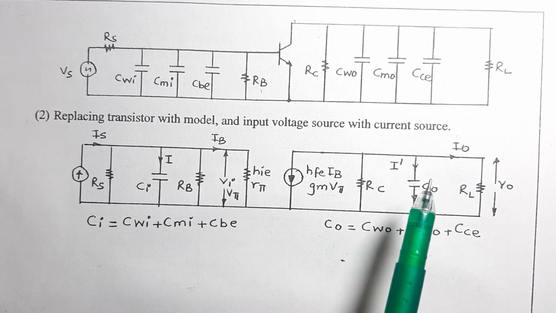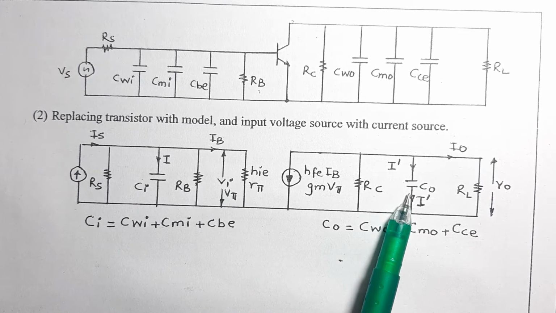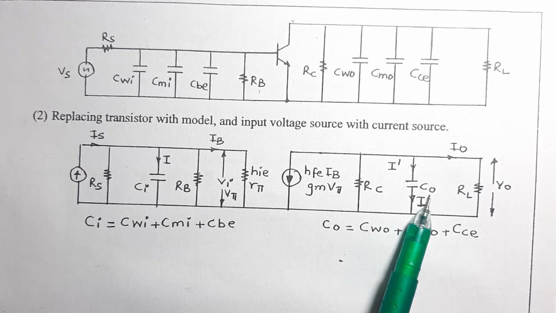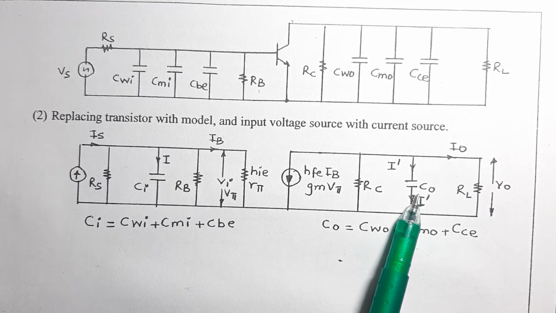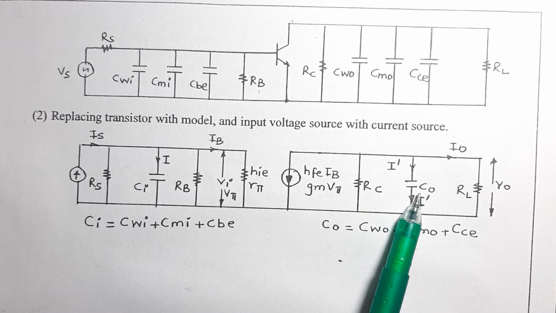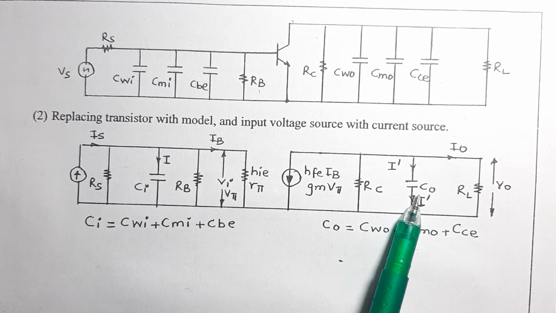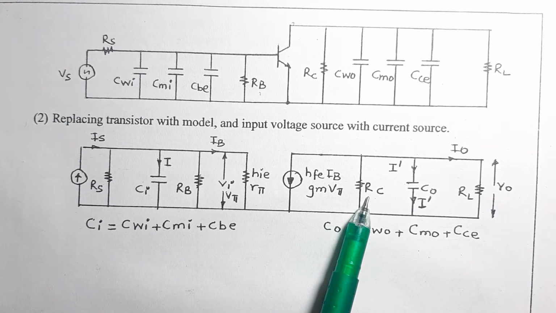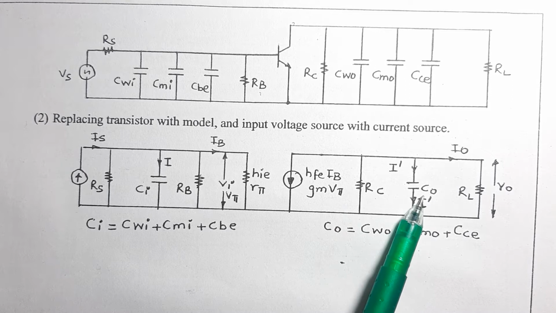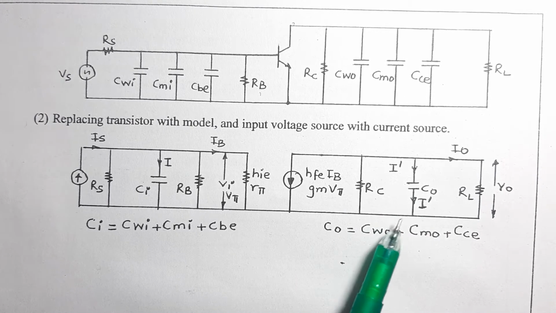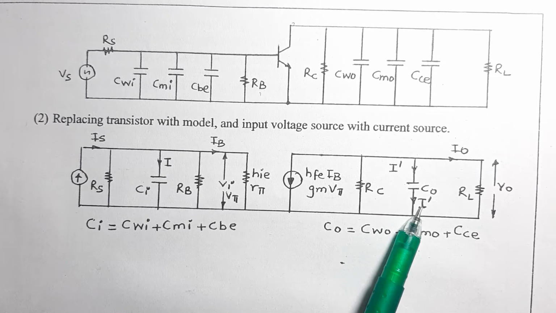Now at the output, over here at LF and MF, your XCO is very high. That is, the reactance across your CO terminal is very much high in nature. So CO is as good as open. Now in your HF range, as your frequency increases, your reactance on this point decreases. If reactance, or I would say the resistance, decreases, your I dash increases. That is nothing but your shunting effect.